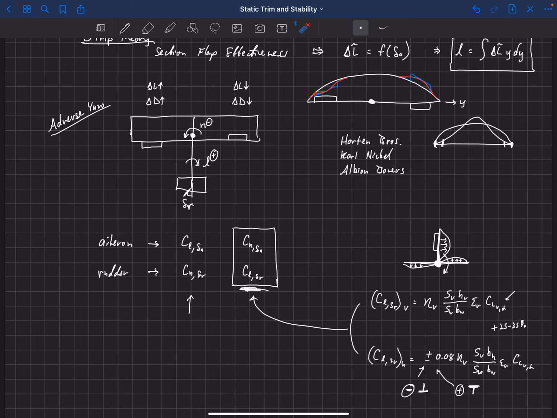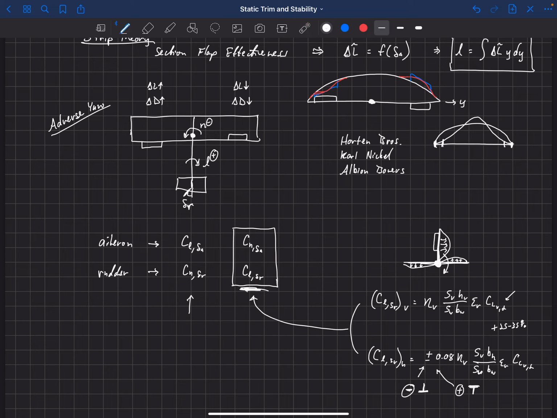But unfortunately, whenever we deflect the aileron, we also get a yawing moment. And unfortunately, when we deflect the rudder, we also get a rolling moment. So these two terms here are what we would call coupling terms. And we need to account for those because those are very present on most aircraft. And so we're going to find that we need to balance all of these terms, not only our primary control moments, but also these coupling moments in order to trim the aircraft.